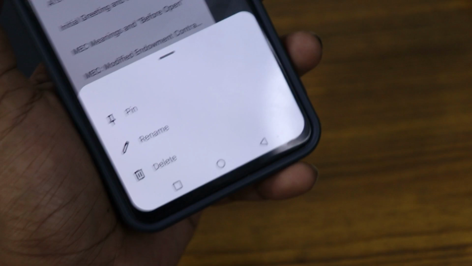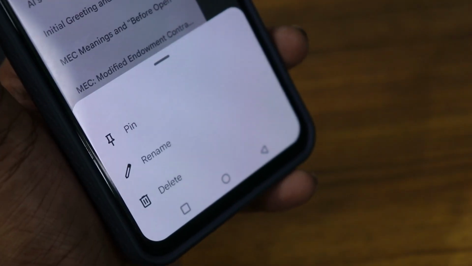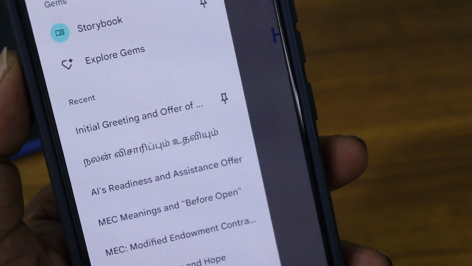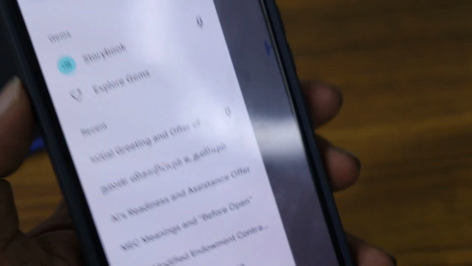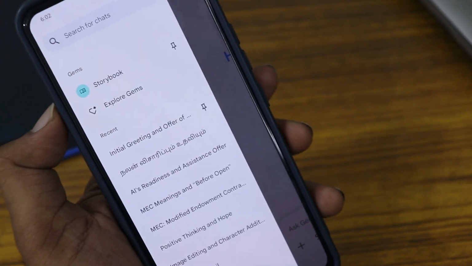You have a pop-up in the bottom section. Now we can see three options: pin, rename, and delete. Just click on the pin option. So now you can see the prompt has been pinned. It's just a way that you can easily pin any important prompt on your Google Gemini by using this